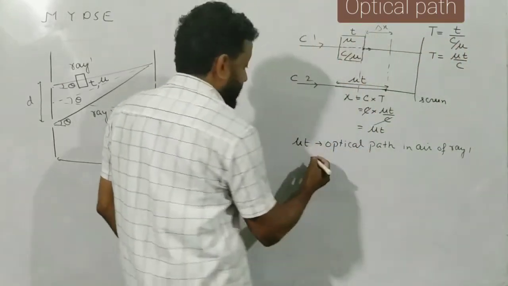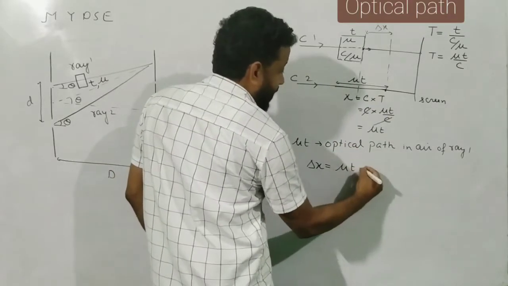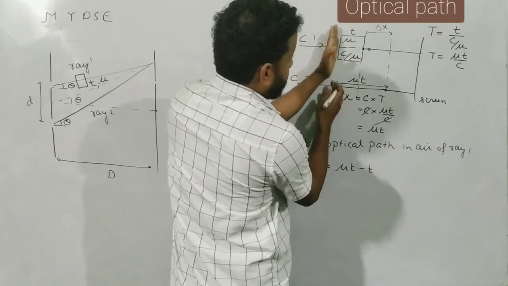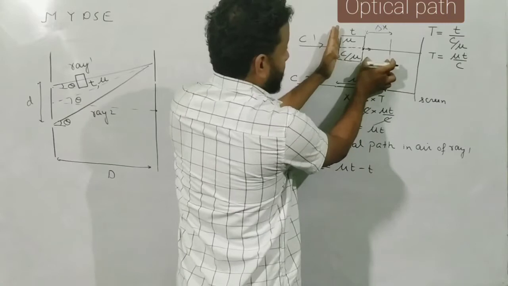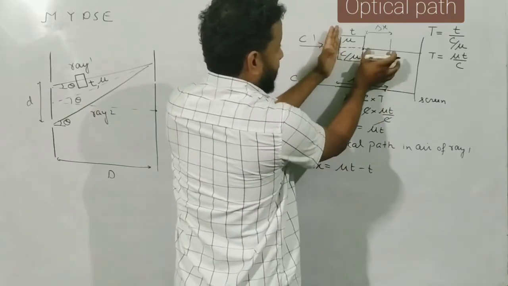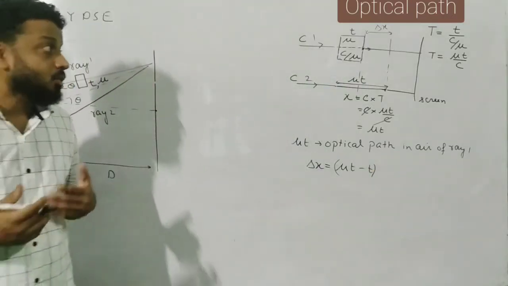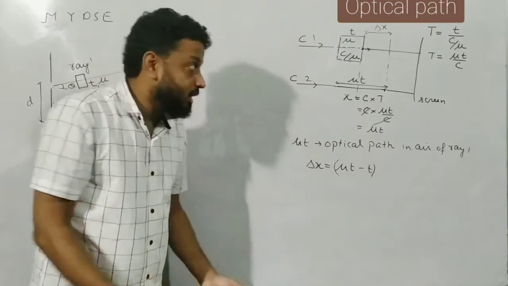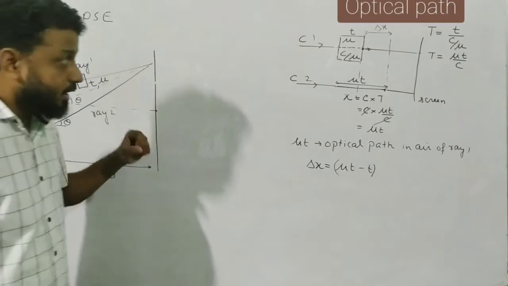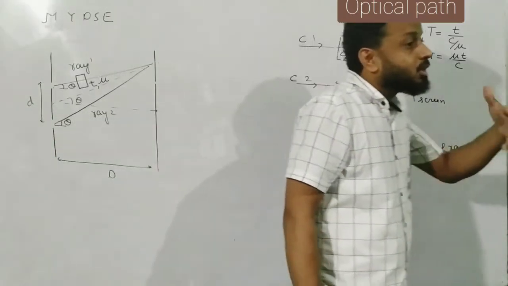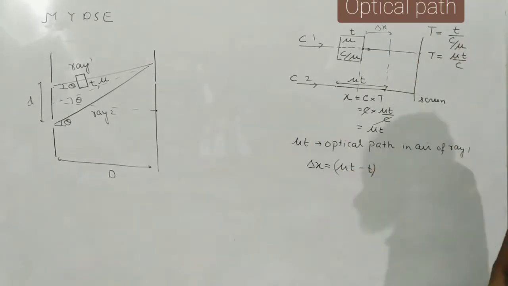And how much is that extra path? That extra path is given by mu t minus t. Remember, we started the entire thing from here. So by the time this has reached from here to here, this has reached from here to here. So this path is equal to this minus this. That is equal to delta x. So this is the extra path. This is the amount of path which ray 1 has to travel additionally to reach the screen. Okay? So the idea here is whoever has the slab in its path has to travel an additional path of mu t minus t to reach the screen.